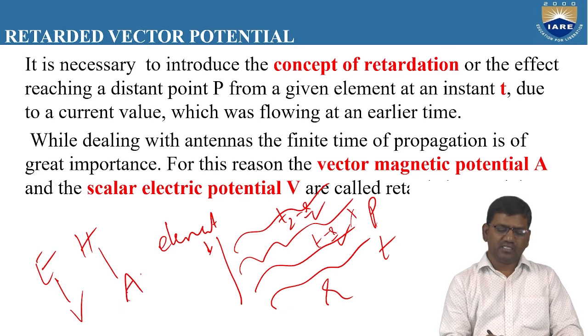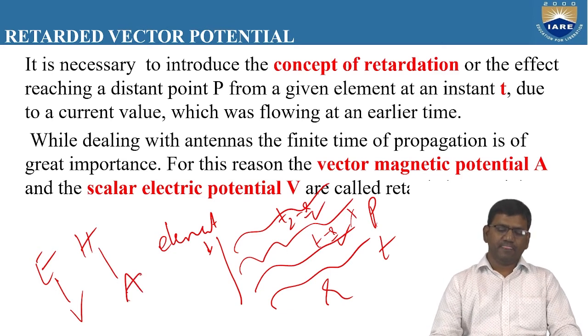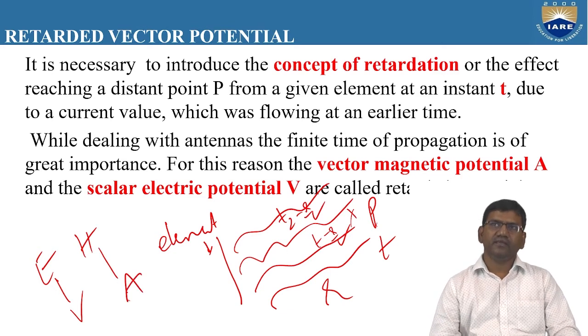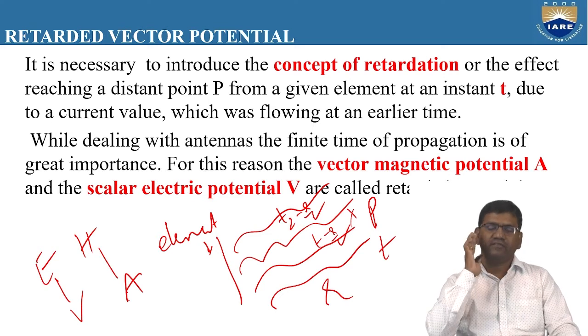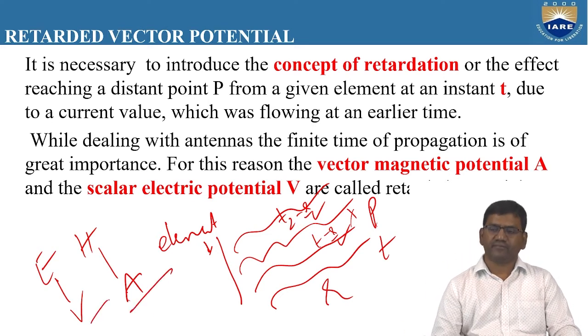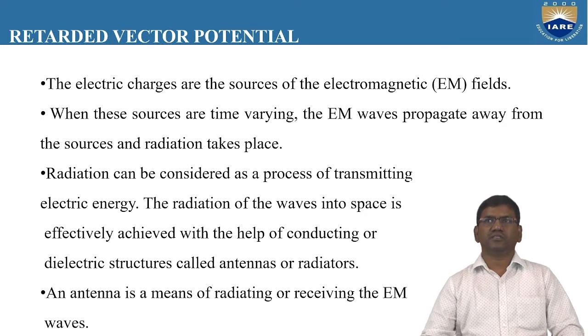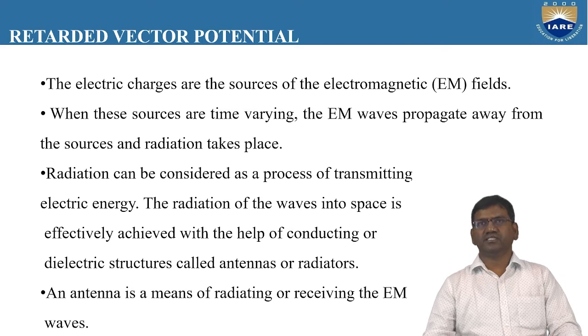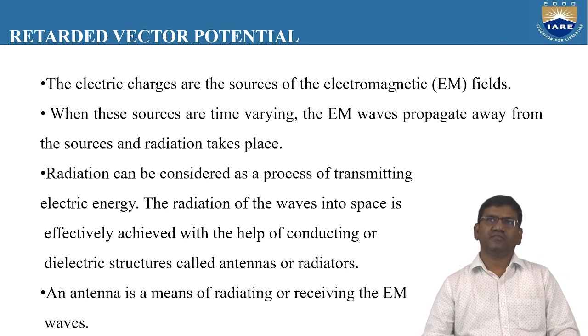We are going to calculate the magnetic vector potential at a distance point P with respect to A and V. So we shall calculate now this value of A and V. The electric charges are the sources of the electromagnetic fields. As already discussed, the radiations of electromagnetic fields occur due to the flow of electric charges. When these sources are time varying,